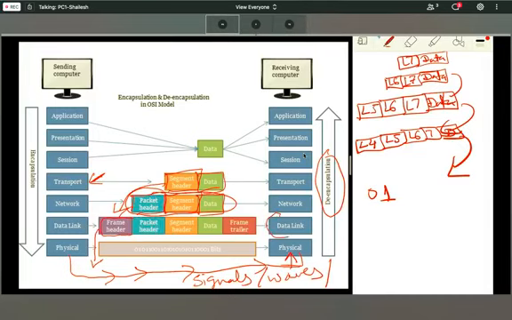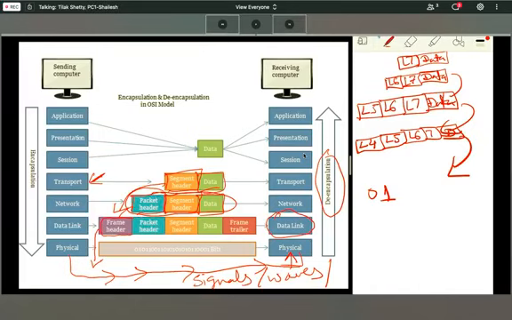Yes. So the data link layer will check only the frame header and after checking the frame header, it will find source MAC address, destination MAC address, and if there is any kind of error detection, error detection is a part of the data link layer. It will check for error detection. If there is any error in that frame, it will drop that.